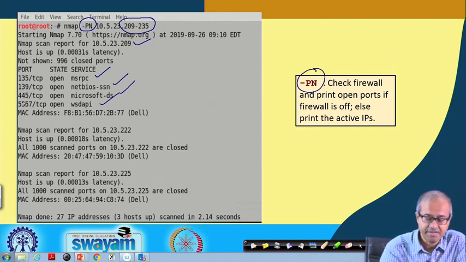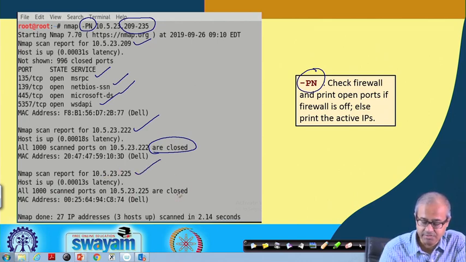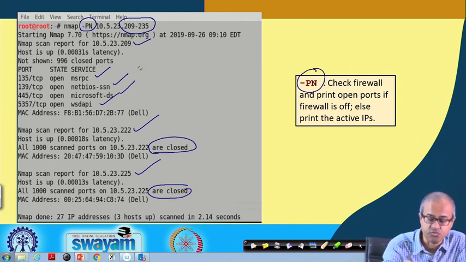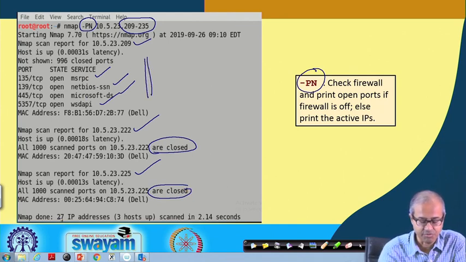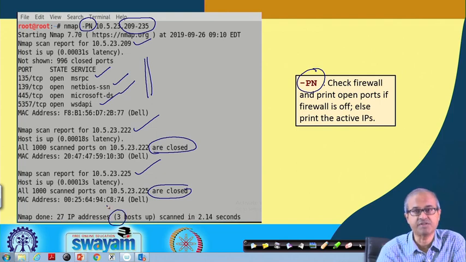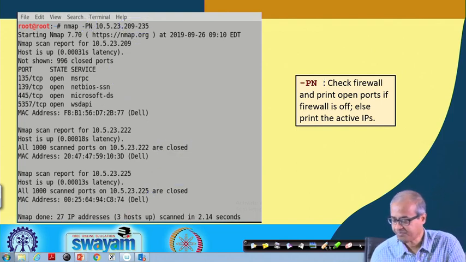Then for some other IP address, the host is up, but all 1000 scanned ports are closed, none of the ports are open. For another IP address, you scan all these, and they are all closed. Whenever some ports are open, that information will be listed. Out of 27 IP addresses, only 3 of them are up. Okay.